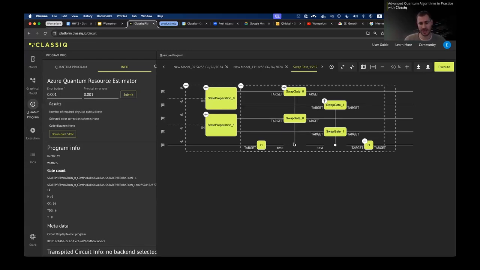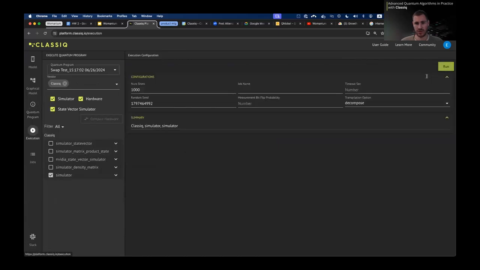So we have the Hadamard, and then we have control swap. And the control swap is bitwise swap. So we have a control on the first qubit of each state, so of state 1, and we are doing control swap on first qubit of state 1 and first qubit of state 2, and then we're doing a control swap on the second qubit of state 1, the second qubit of state 2, another Hadamard, and we finish like this. So this is what I want you to do, and then I want you to execute and to run